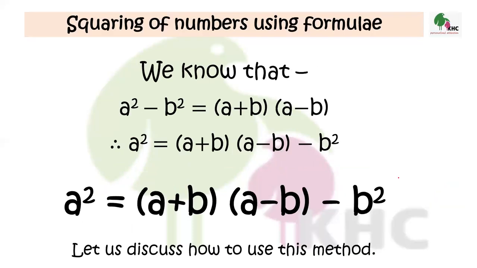Here is the third formula which we are going to learn, okay? Now this formula is based on the difference of squares of two terms. In algebra, we have already seen this formula where two terms are squared and we are supposed to find their difference. In that case, we know a square minus b square is equal to a plus b times a minus b. So we find their sum, we find their difference, and we find the product of the answers, right? Now, if you interpret this formula, you see that